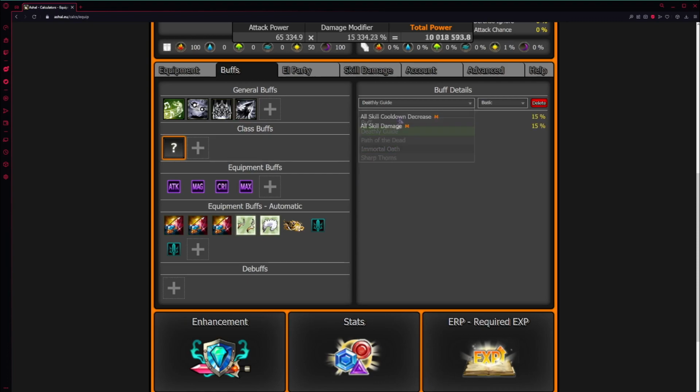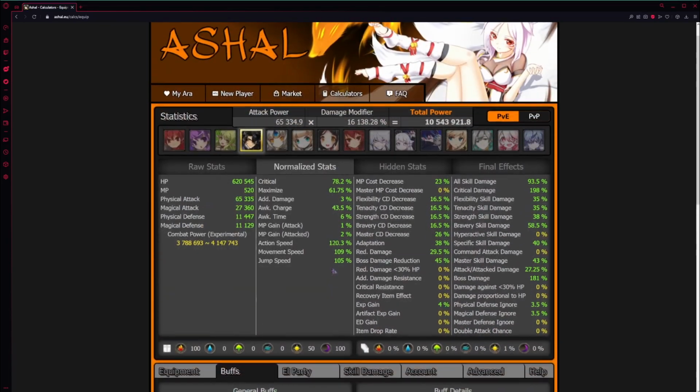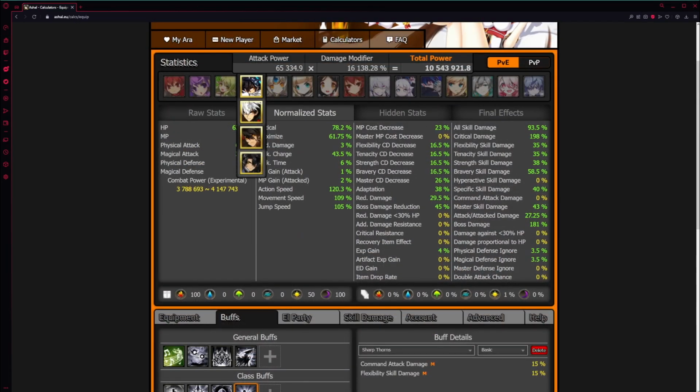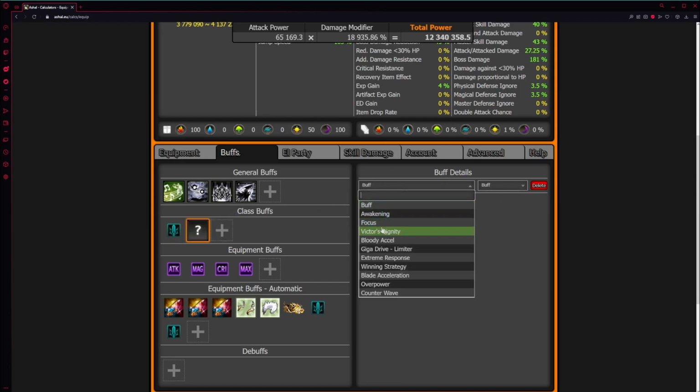So class buffs, this one is nice, so you can put in all your class buffs here. Something that might be a bug as of this video, but is not actually a bug in general, is, this is because it's just Revenant, so I'm going to get rid of all these. I swapped to FB really quick to show you. Your class should have Awakening as its own buff with Transcendence and Translot, which is 50%. So you can check if it's in a Translot skill or if it's just Transcendence. So you get 30% when you're awakened, you know, and then he has the rest of the pass.